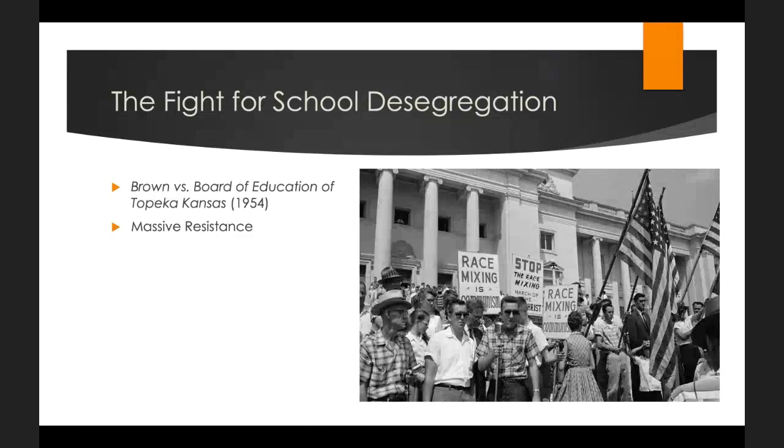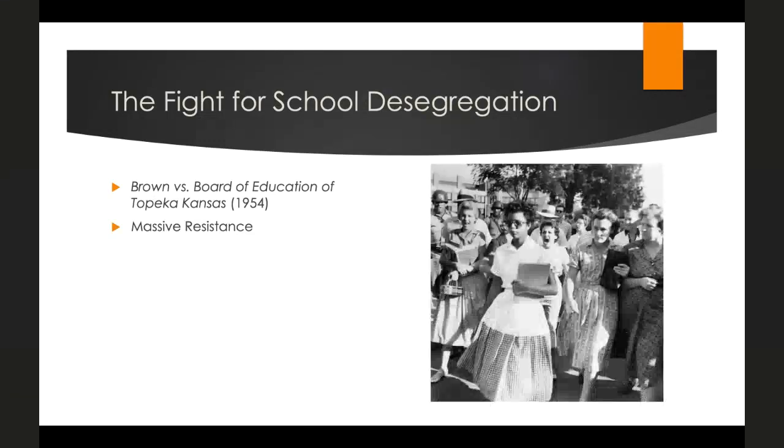This came to a head in Little Rock, Arkansas, where the governor refused to integrate the schools and tried to use the Arkansas National Guard in Little Rock to prevent the forced integration of these schools. President Eisenhower then federalized the National Guard, basically took them out of the hands of the state governor, and used them to escort nine children to and from their classes, producing some of the most famous pictures from the civil rights movement. However, in 1955, the Supreme Court reconsidered arguments by schools requesting relief concerning the task of